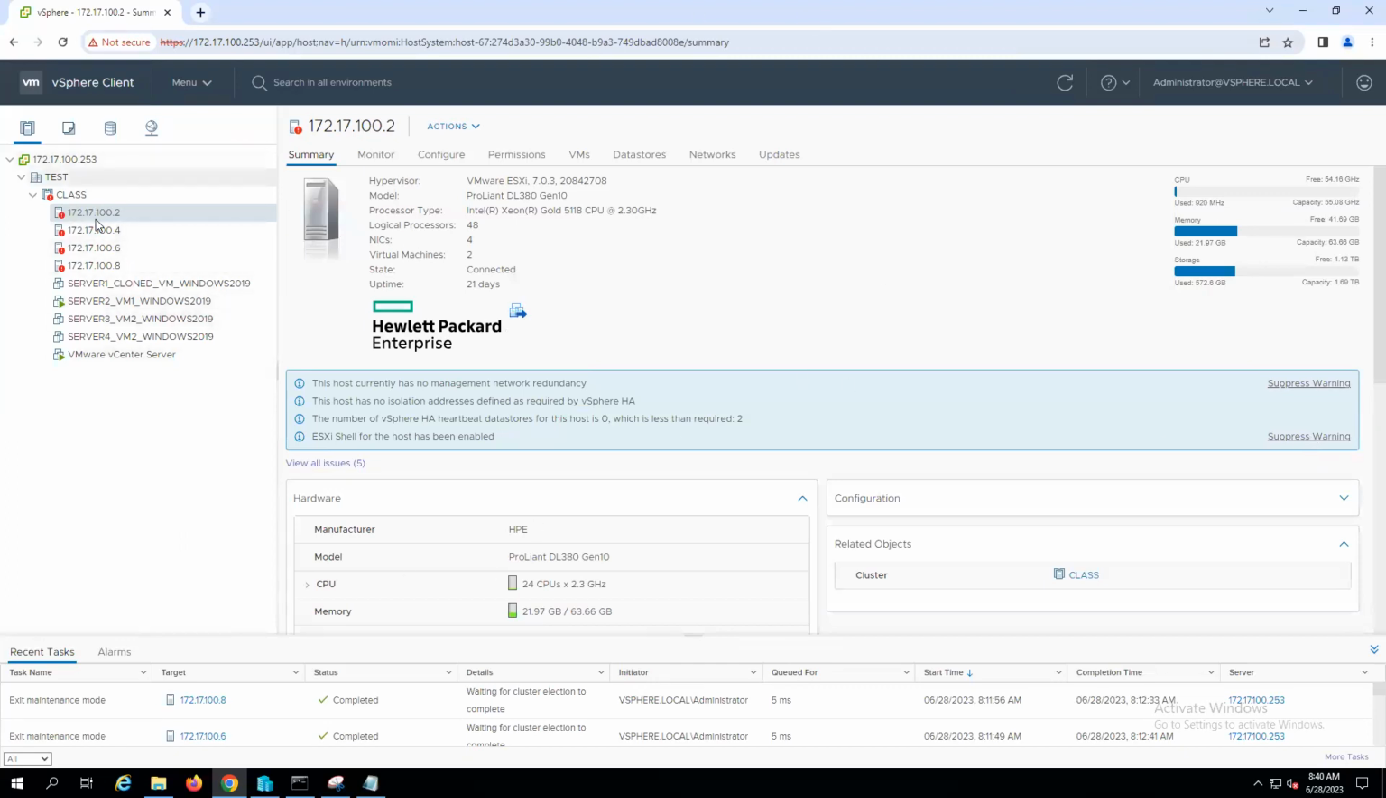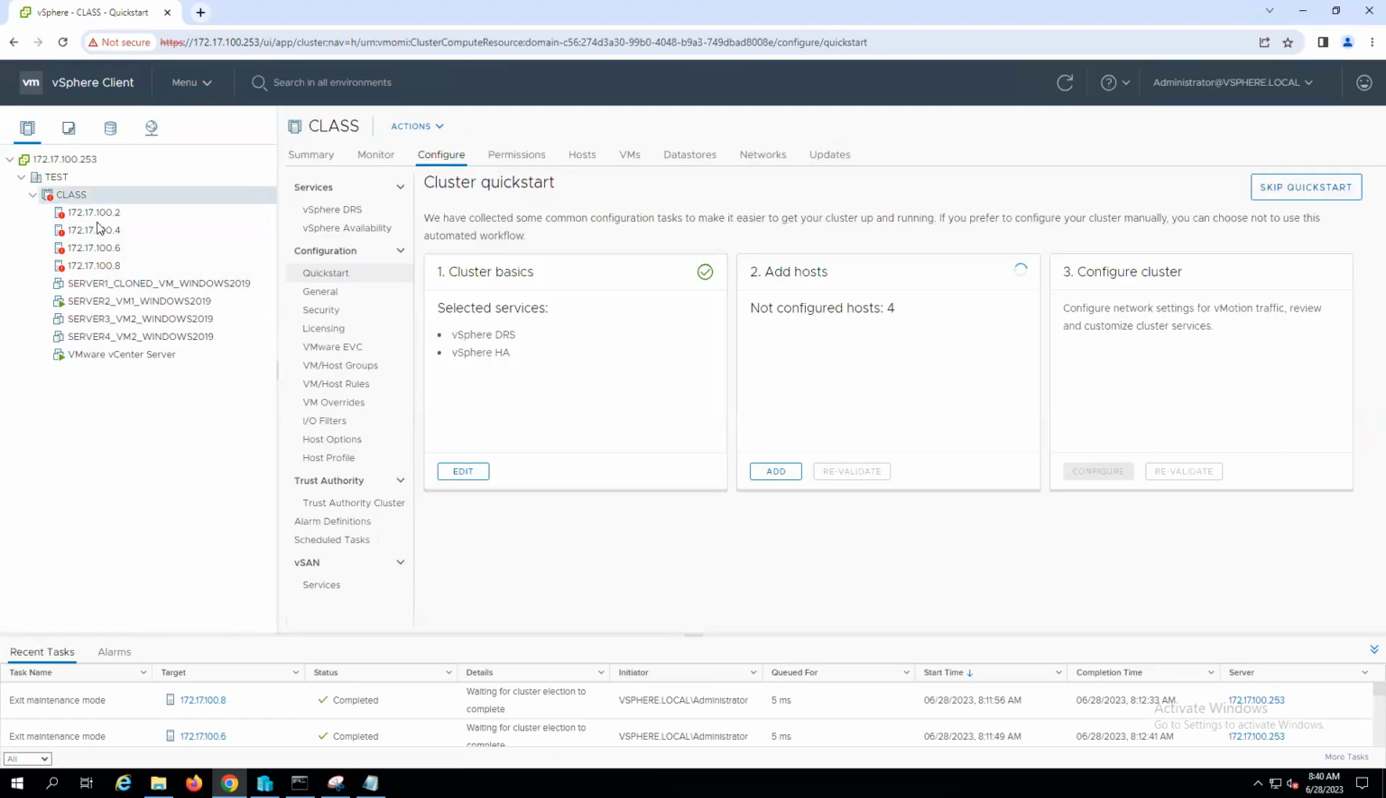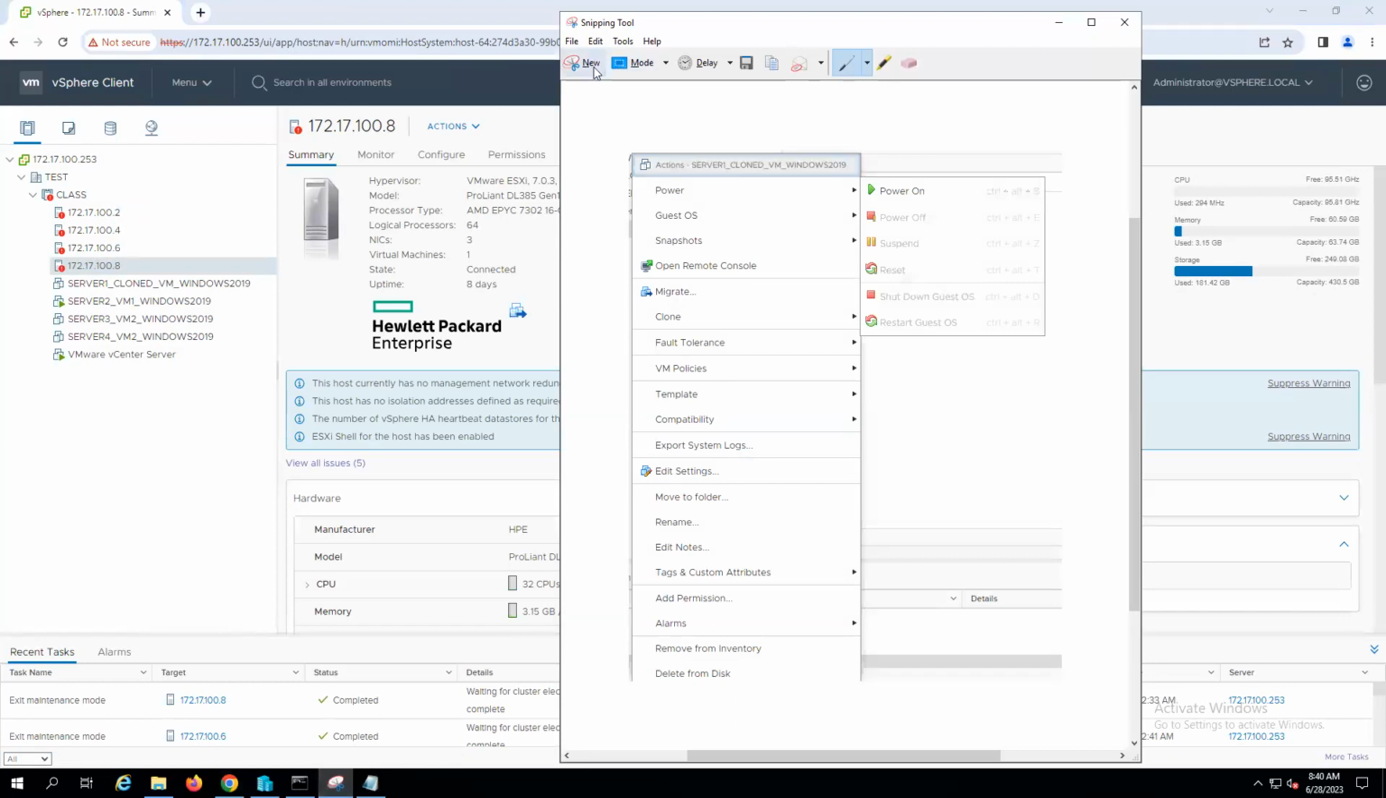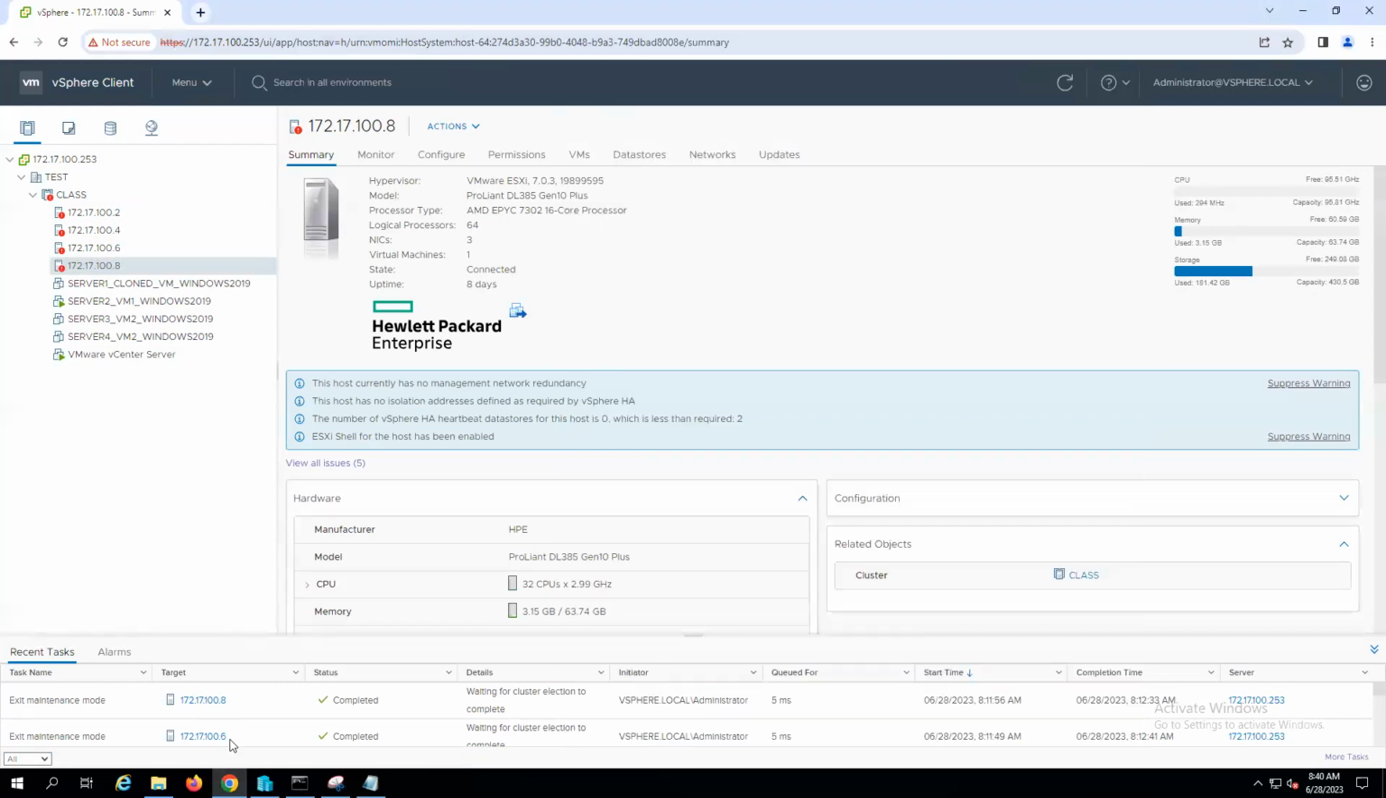So now, if there is any problem in server 2, the VMs will migrate to server 3, server 4, server 5. They migrate anywhere. Okay. So now this is my cluster. This is my server 1, server 2, server 3, server 4. And if I compare it, okay, for example,